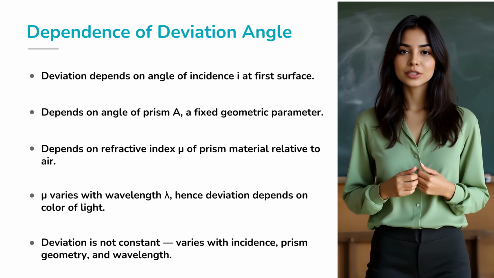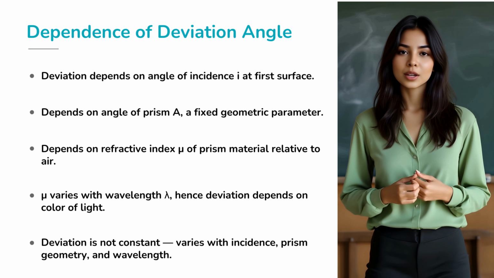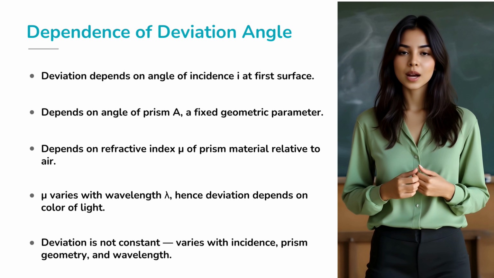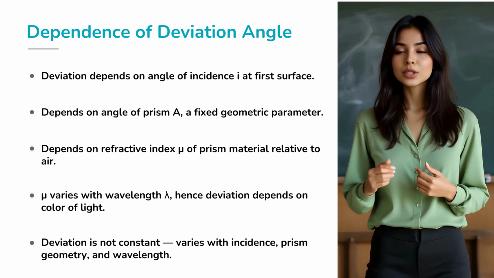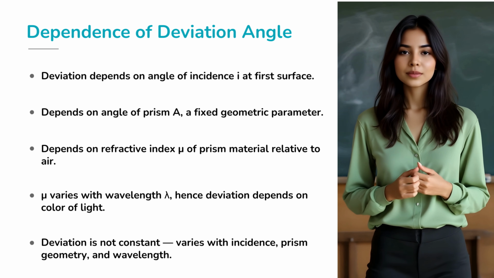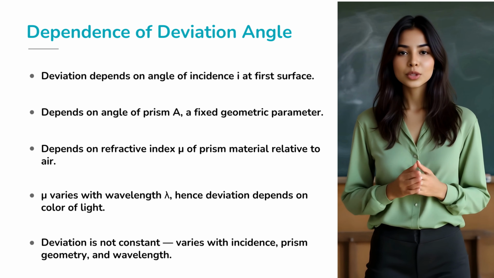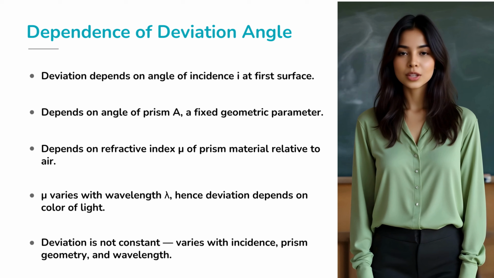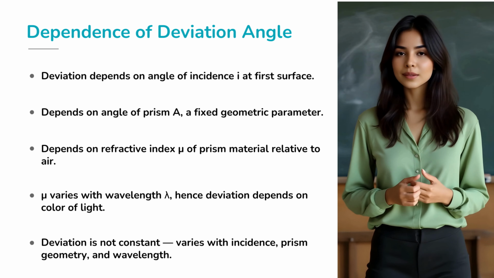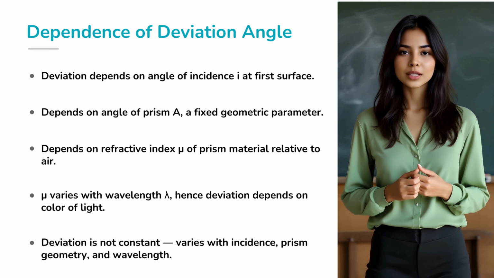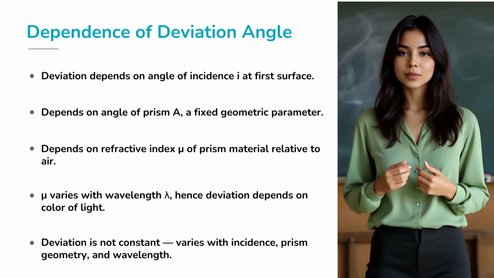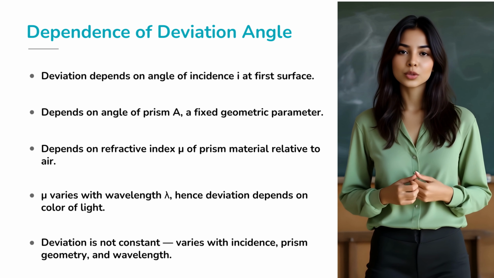Three key factors. First, the angle of incidence, in other words, how slanted or tilted your incoming ray is at the first surface. Second, the angle of the prism itself, that sharp triangular corner we call angle A. And third, the refractive index of the material, which is a measure of how much the prism slows down light